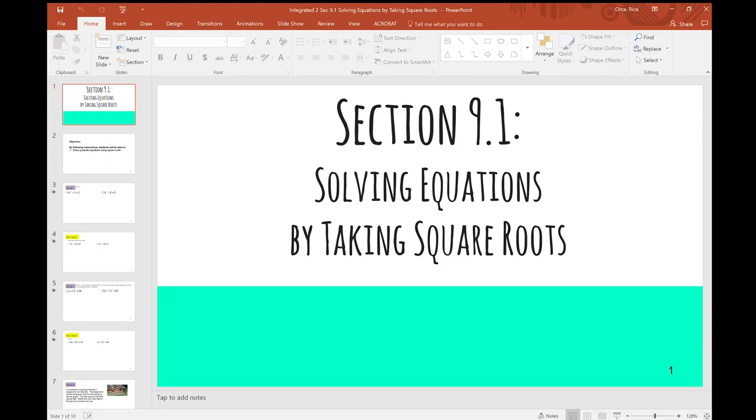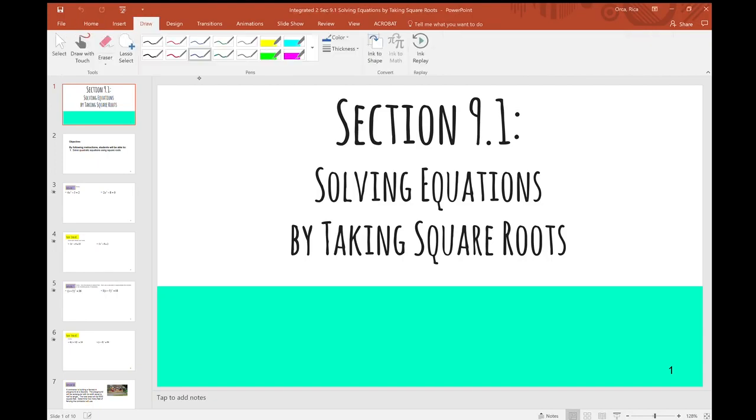So to use this method, you need to make sure that the equation is either in vertex form, which is y is equal to a times x minus h squared plus k, or standard form, but all you need is a and c. So ax squared plus c. Notice how there's no bx. So if the equation is in vertex form or standard form without the bx, then you can definitely use this